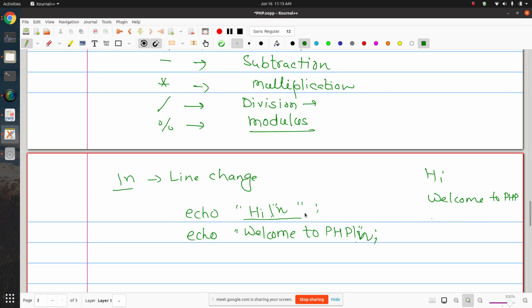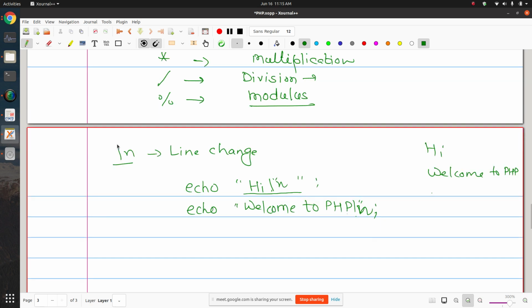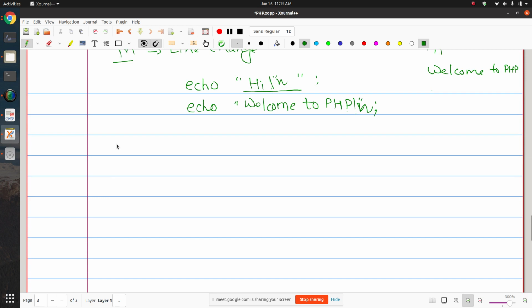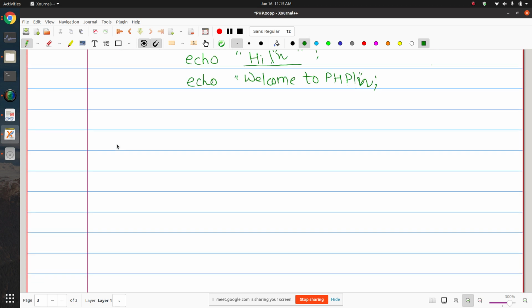Now we will see some more things. We were seeing some operators in the previous class, and we will continue with that. But before that, you can also define some constants in PHP. So let's see how you define a constant in PHP. You need to use the define statement. Suppose you want to define a constant pi.